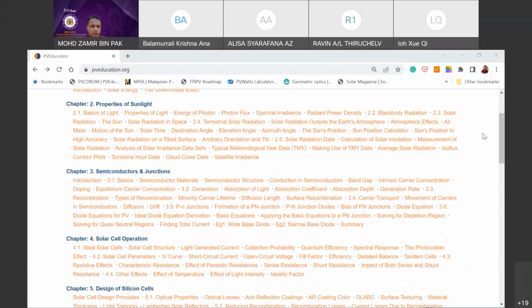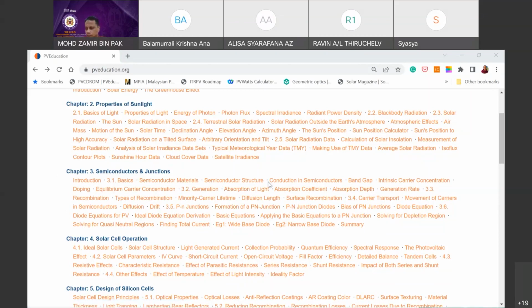in this course 386. You can see semiconductor materials, something that we have discussed earlier on in the first week of our lecture, and then semiconductor structure, conduction, concept of band gap, intrinsic carrier, doping, which is extrinsic, equilibrium carrier concentration, generation, absorption of light, which are the things that we're going to learn later on in the next topic after carrier transport, right? Generation, recombination, carrier lifetime, diffusion length, all of these topics, if you look at chapter 3,